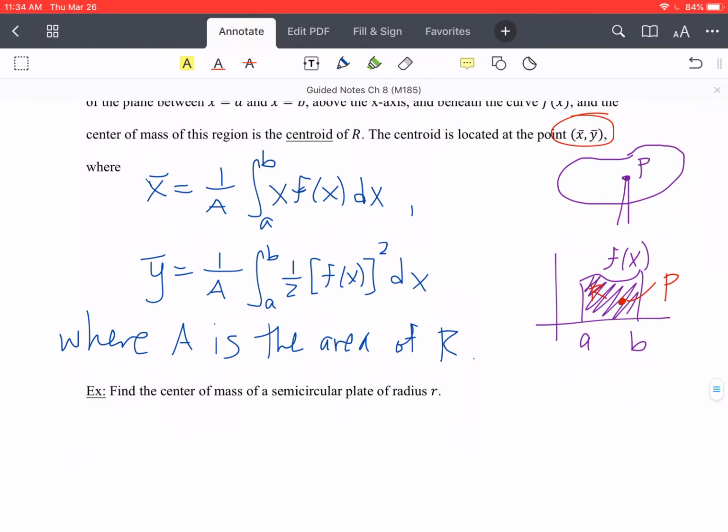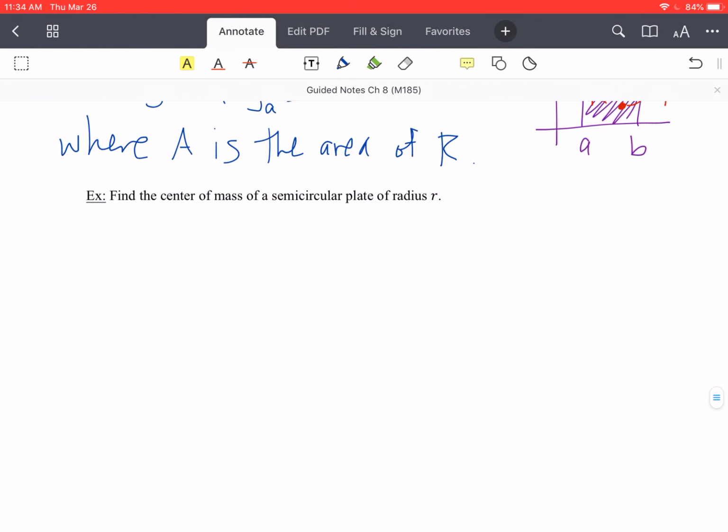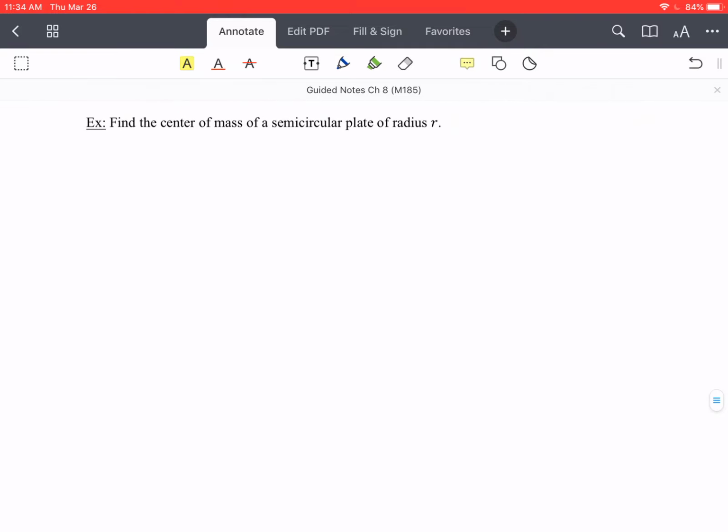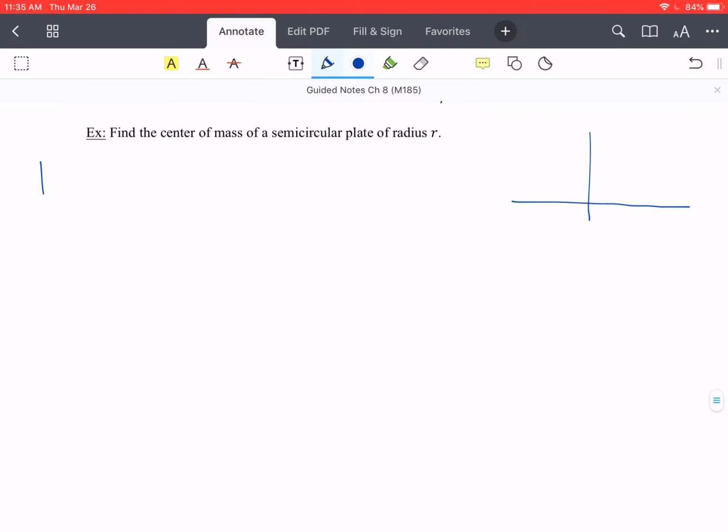All right, so let's look at this example. Find the center of mass of a semicircular plate of radius r. All right, so we can go ahead and place the semicircle above the x-axis, such that